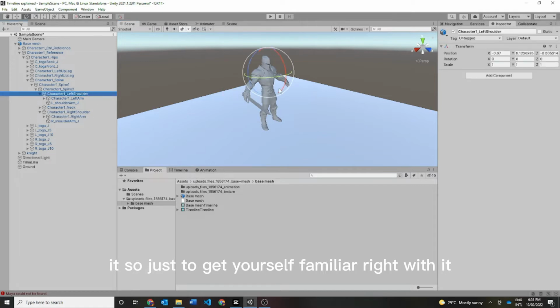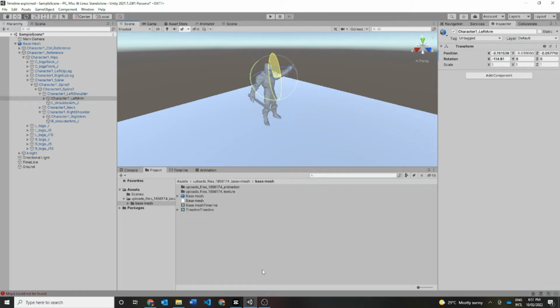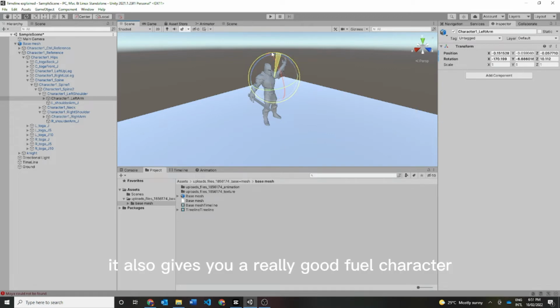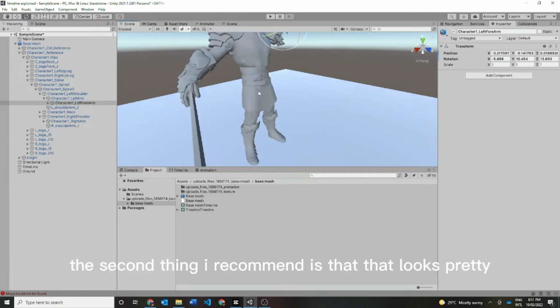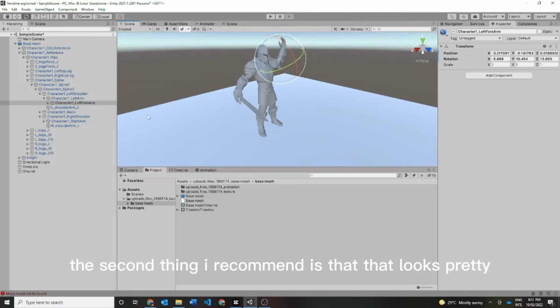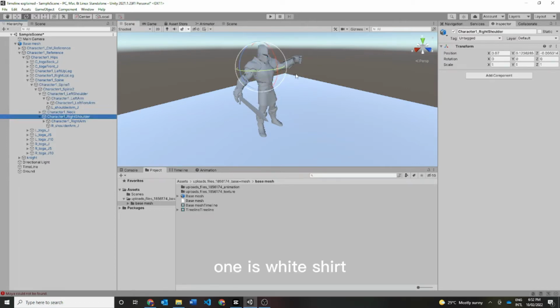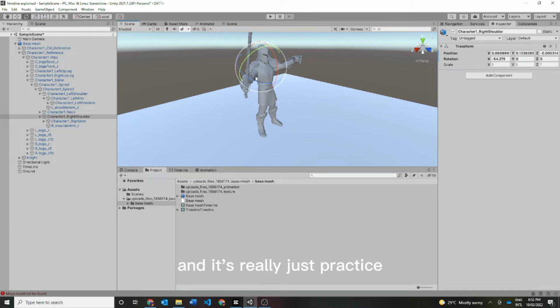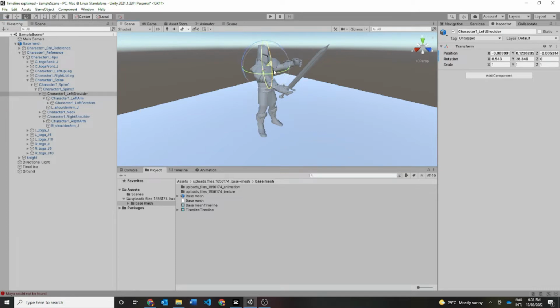To get yourself familiarized with it, I recommend you learn to pose your character, because posing your character is really fun. It also gives you a really good feel for your character, especially when it's fully rigged, and for the animation. That looks pretty bad, but it doesn't really matter. Maybe I just want his right shoulder to come up. It's mainly just practice, because it took me a while before I even thought about doing